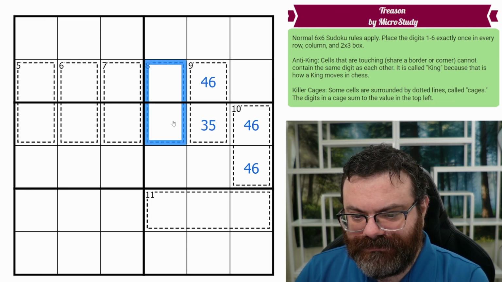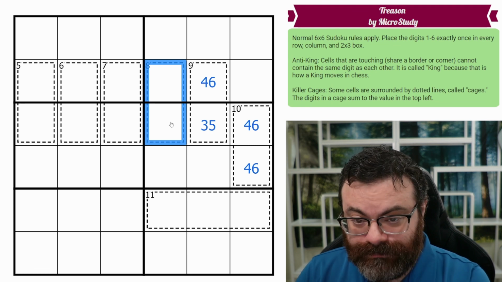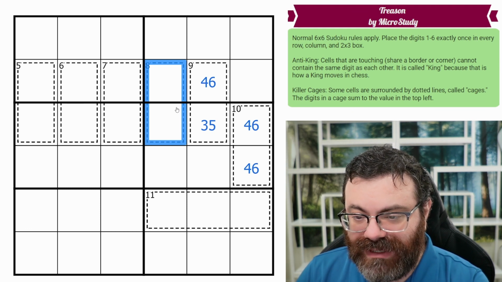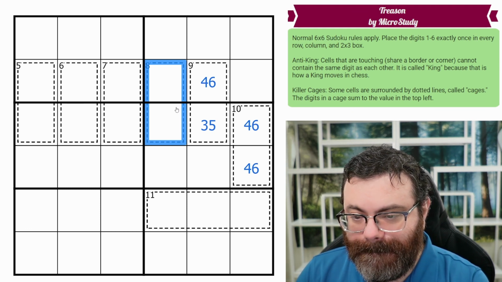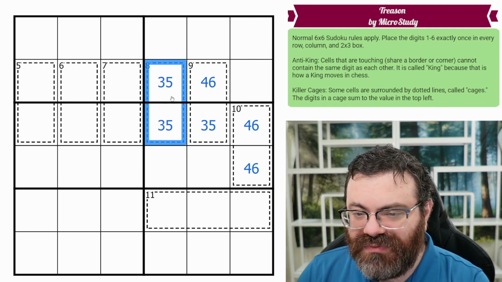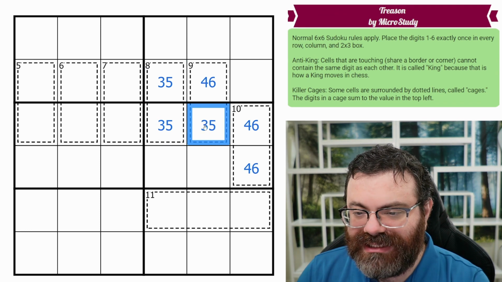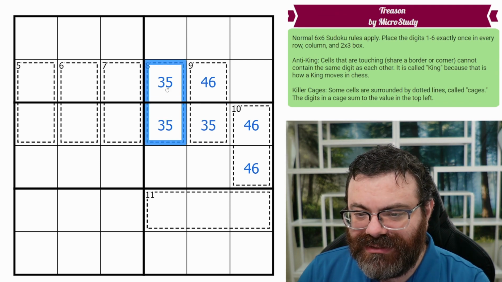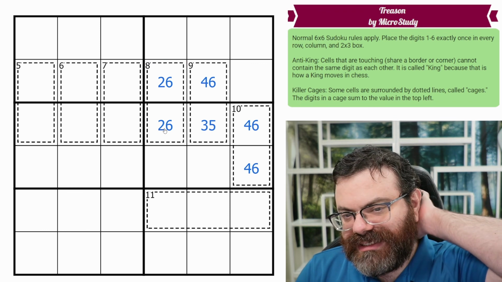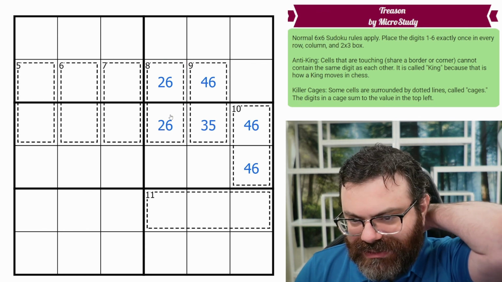8. Let's think about this. So 8 can be 2, 6 or 3, 5. So 3, 5 doesn't work. And the reason for that is one of these 3 5s, whatever this ends up being, it's going to be in one of these 2 cells, and it's not allowed to be because of anti-king. So this is going to be 2, 6 instead. Obviously, we can't do 1, 7 because there's no 7 in a 6x6, and we can't do 4, 4